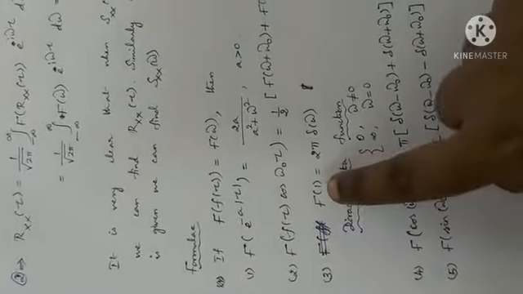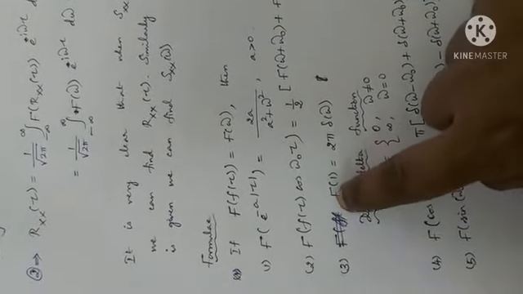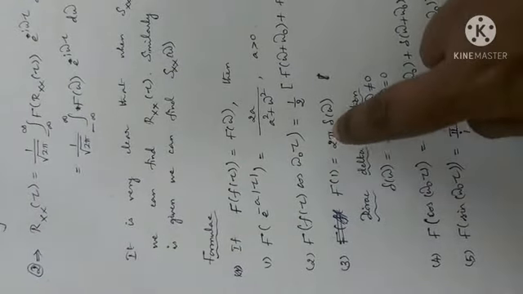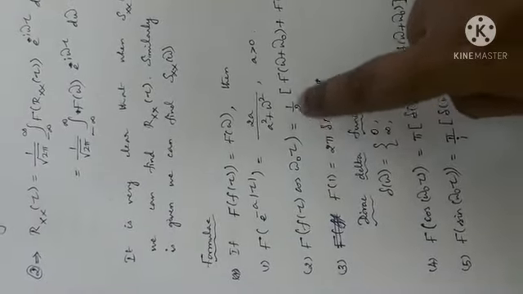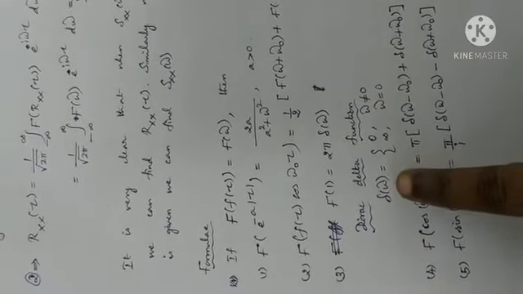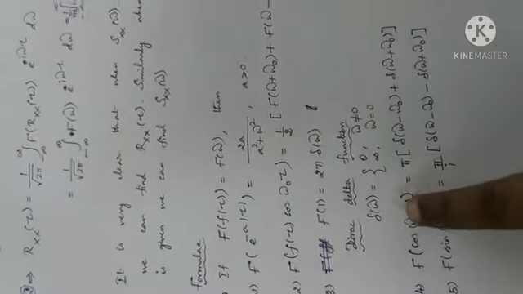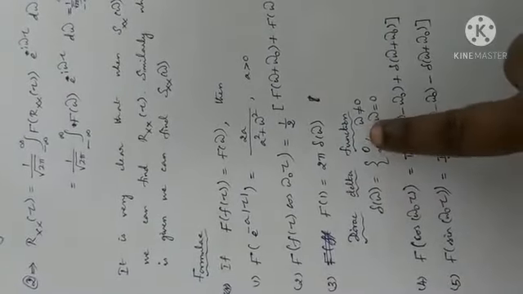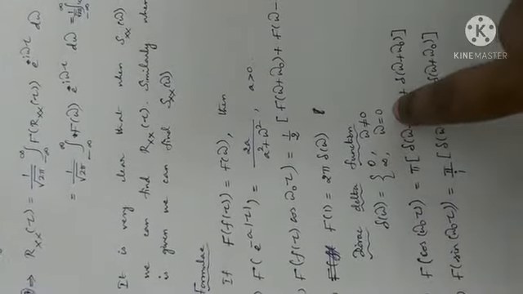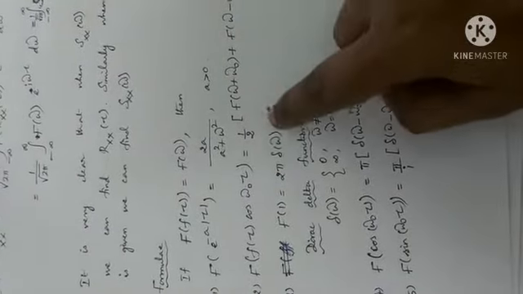Next, see what is the Fourier transform of 1. The operator should be a capital letter, capital F. F of 1 is equal to 2 pi into delta of omega. What is this delta of omega? It is the Dirac delta function. Since you do not know the proof, learn it as a formula. Delta of omega is equal to 0 when omega is not equal to 0, and infinity when omega is equal to 0. Since you should know the definition, I have given it to you. Learn it as a formula.